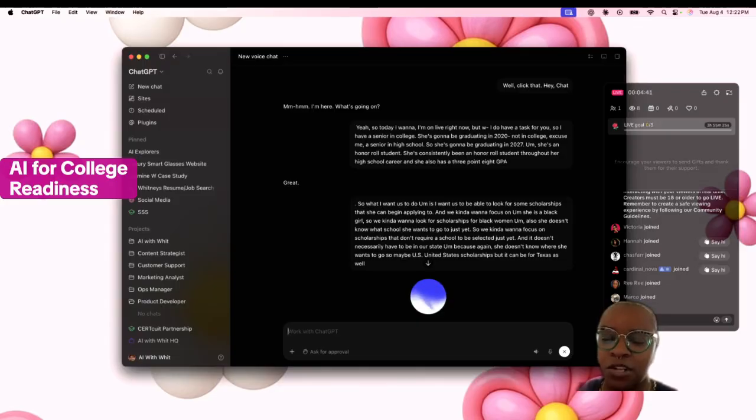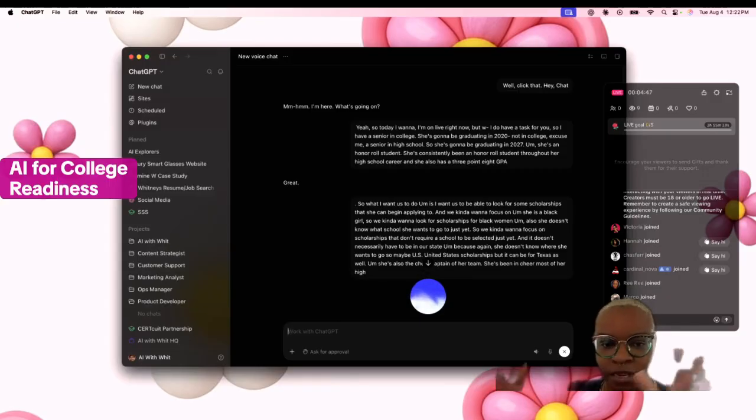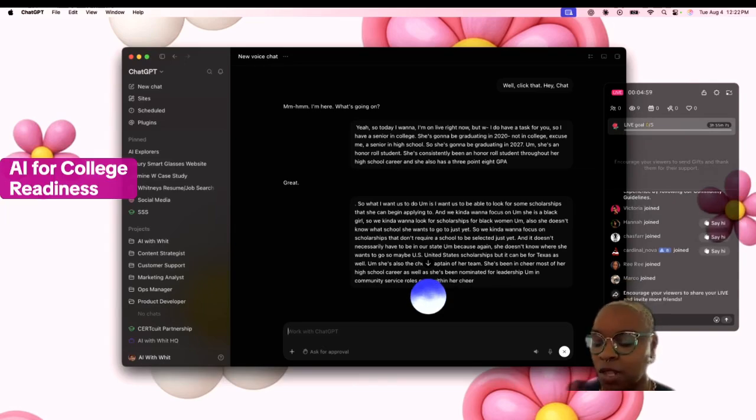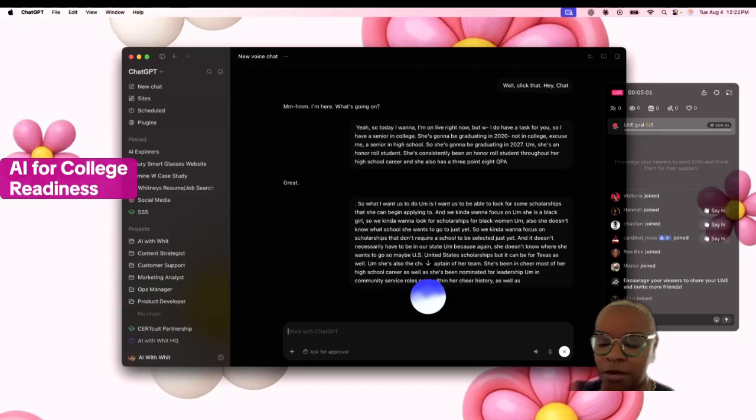She's also the cheer captain of her team. She's been in cheer most of her high school career, as well as she's been nominated for leadership and community service roles, even within her cheer history, as well as she's part of the National Honor Society. So things of that sort. Can you help us